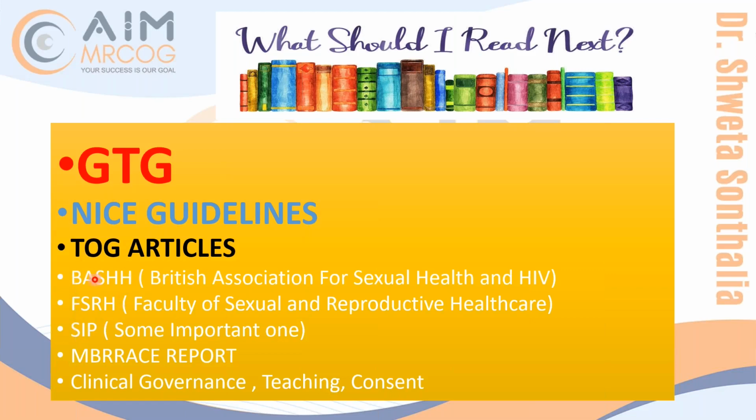Most of the students say contraception is difficult for me, oncology is difficult for me. Why? Because contraception is too much. So don't run behind it. You have to read the summary in the beginning and some points inside. So you have to prioritize in FSRH, you have to prioritize in BASHH, because these are not a big chunk. So try to understand what is more important and what is less important, so that you will be able to do the right prioritization.